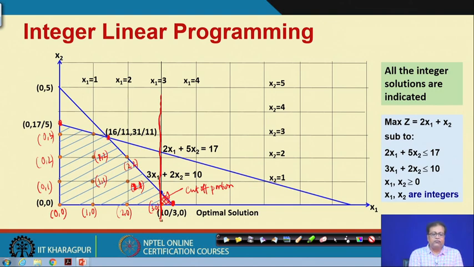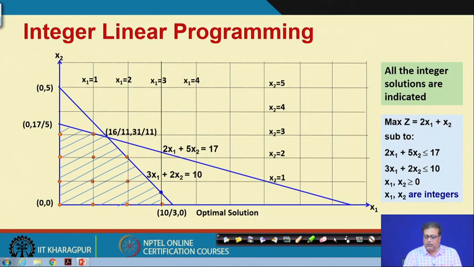Now, the interesting thing is that it can be done easily here because it is a 2-dimensional problem, and we can examine the graph very easily, but if we have to solve it by simplex, there should be a simpler way of finding this particular line. So, you see what this line is? This line is x1 equal to 3, but we have to take this side. So, basically the constraint you are adding is x1 less than or equal to 3, right. That is the constraint that must be added so as to accomplish what we are having here.